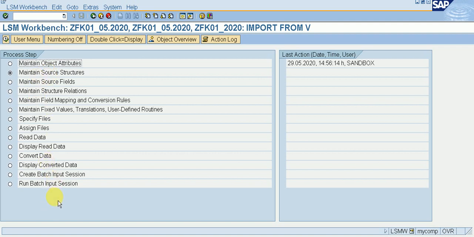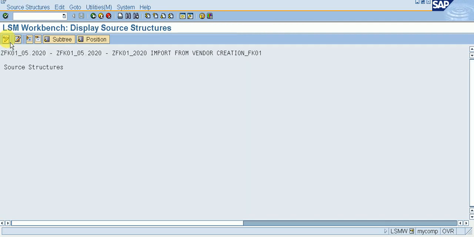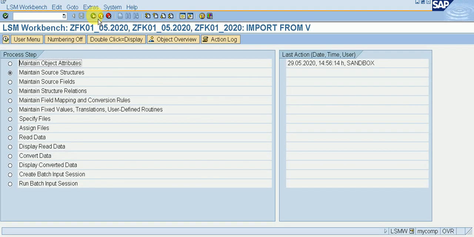Okay, so double click or execute the second one. Click on execute, click on display change and save it. Then go back.